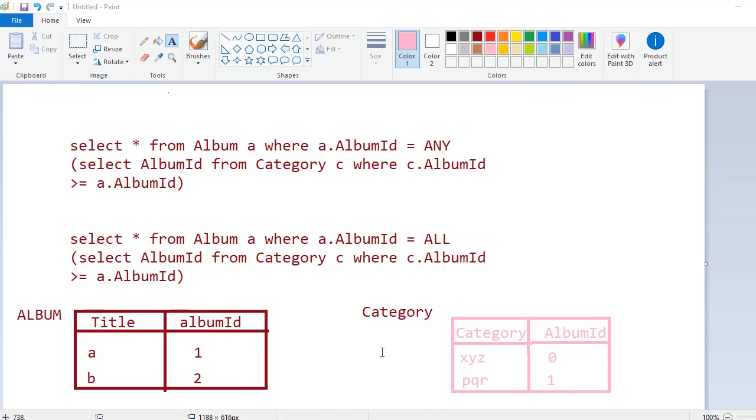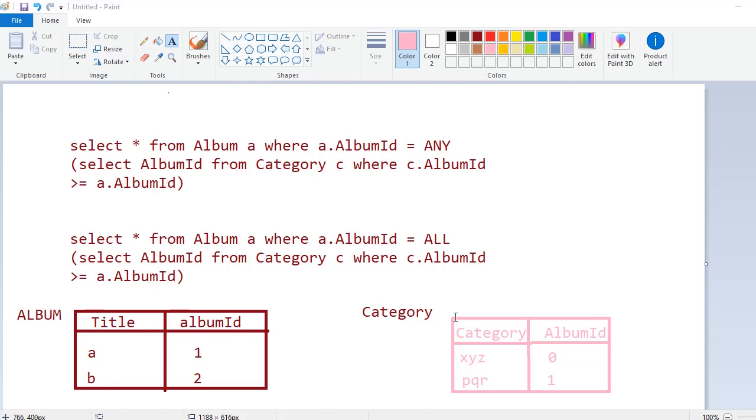So 0 is greater than equal to 1, which is false. 1 is greater than equal to 1, which is true. So in two checks we have just one true return. So the ALL keyword returns false. There is nothing which will be printed, and similarly for the second record there is nothing which will be printed.